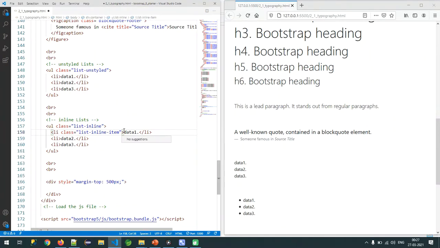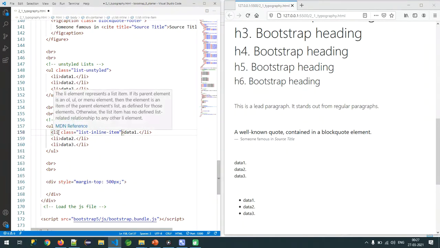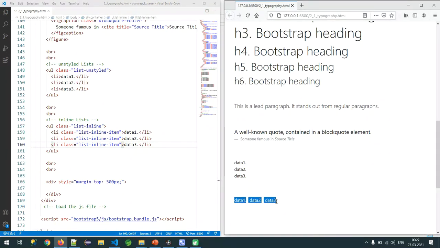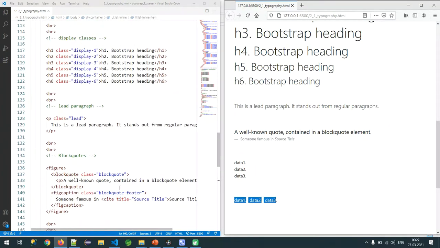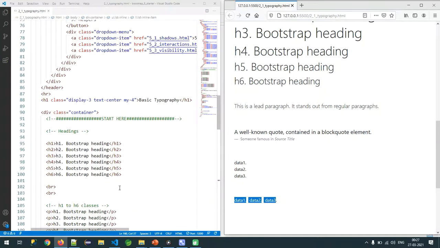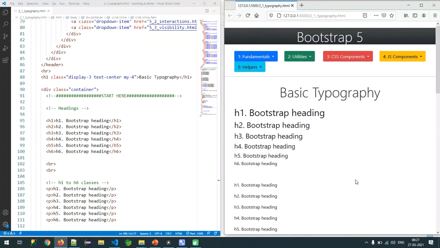Likewise, we need to apply this style for each and every item in our list. Let me save this one. Now you can see our list items are displaying inline, or horizontally, in the same line. So these are the things available under the typography section. Now let us meet in the next lesson. Thank you.